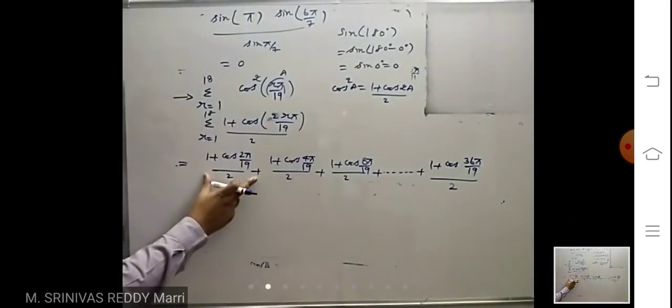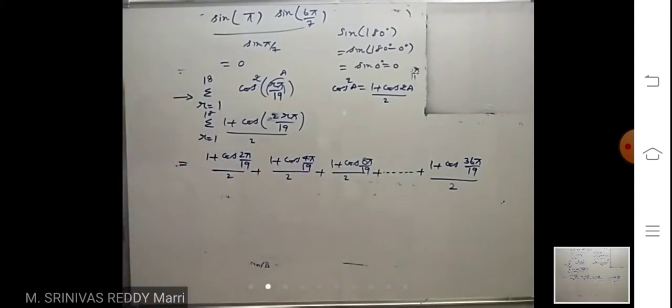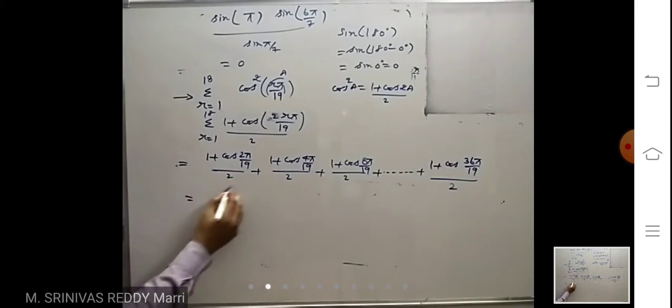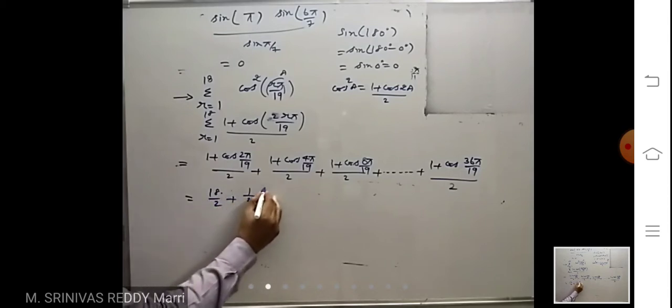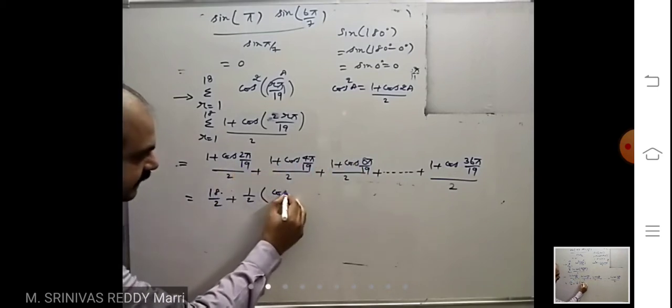Here r equal to 1, r equal to 2, r equal to 3, and so on, r equal to 18. Now 1, 1 and so on, how many are there? 18 ones are there. That means 18 1 by 2s are there. 18 into 1 by 2, plus 1 by 2 into, I am taking 1 by 2 before the cos, cos